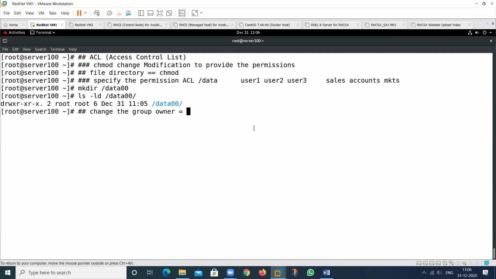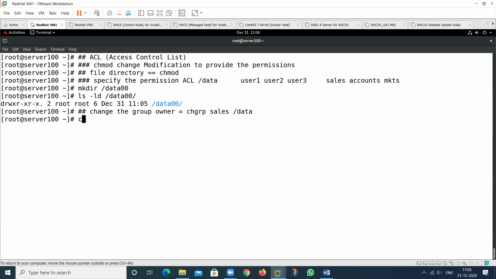So the command name is chgrp. Then type sales, then the folder name. Then the group owner will become sales, because I want the permission so that only these users can access this particular folder. Then we can apply this.